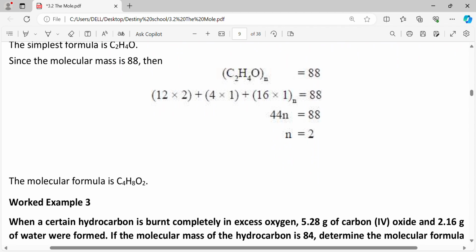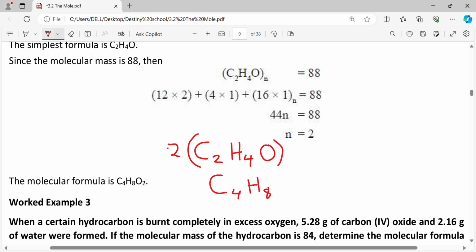So 44n is equivalent to 88, but you want this n. So divide both sides by 44, and n is 2, because 88 divided by 44 is 2. So after getting 2, 2 is our factor. So if 2 is our factor, now you take your initial empirical formula,